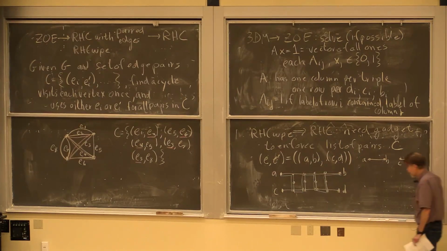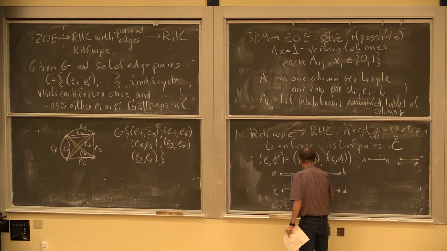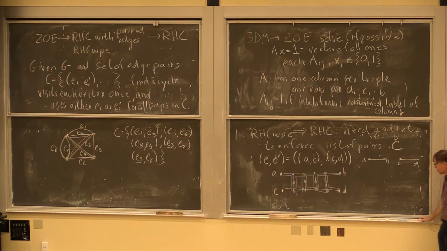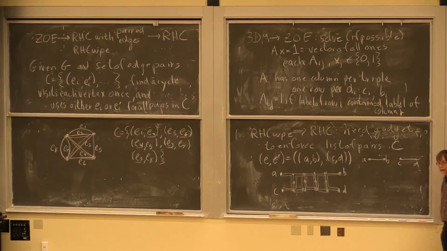And similarly, if I started at C and I came in, I'd have no choice other than to take that path to get out. And so if I started at A, I ended at B, and if I started at C, I ended at D. And so I've sort of encoded my enforcement of choosing one of these edges by doing that. So that is the very simple trick.